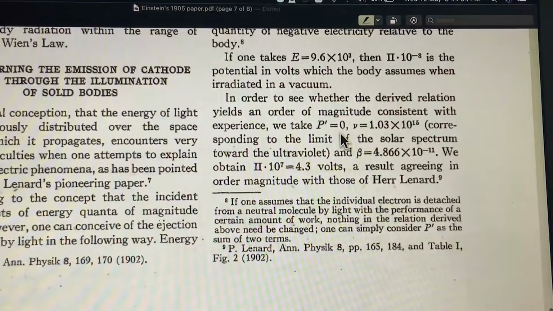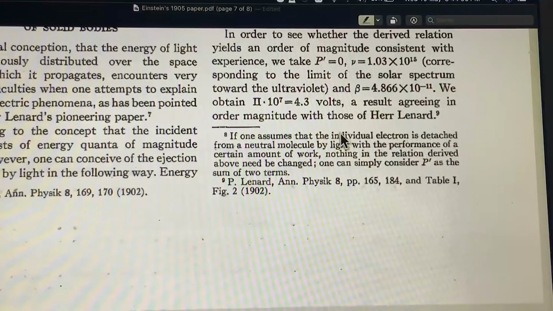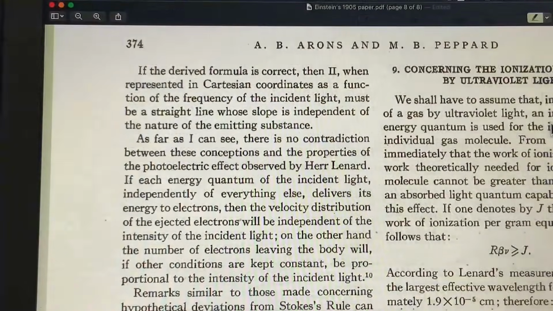And then he says that the numbers match very well, a result agreeing in order of magnitude with those of Herr Lenard. Now this is also important because Lenard does not talk of the relation between the stopping potential or maximum kinetic energy and frequency. But once this equation is established, Einstein says that if the derived formula is correct,